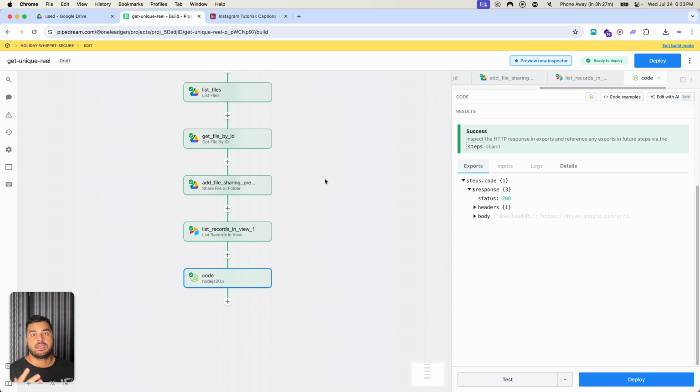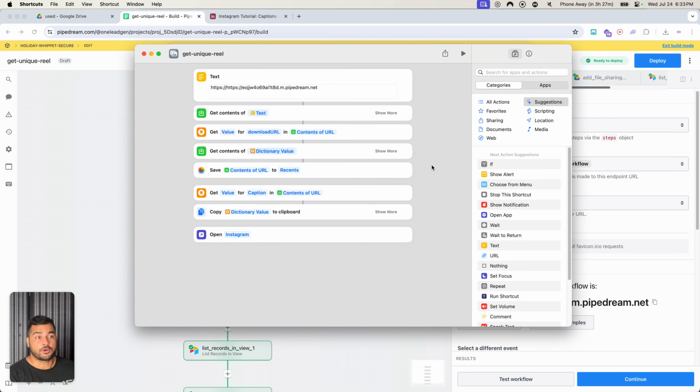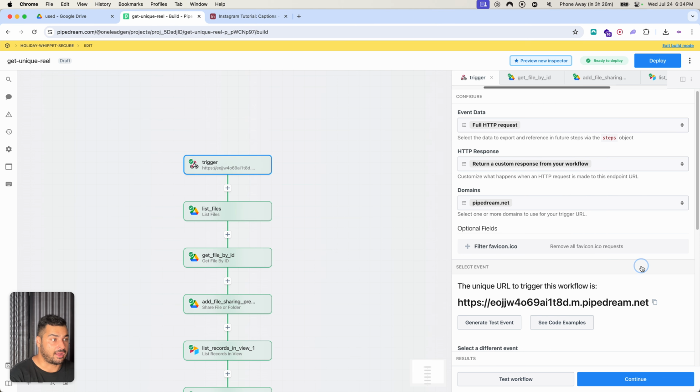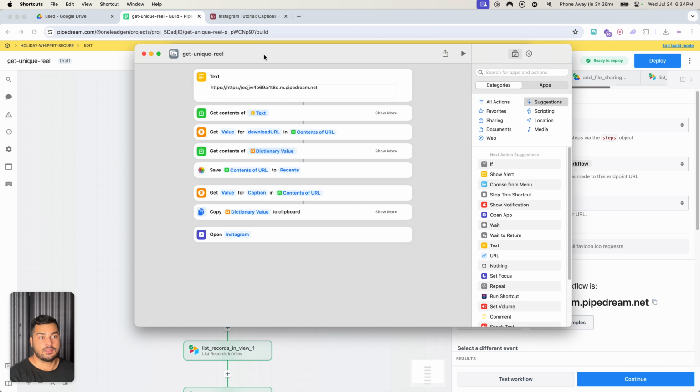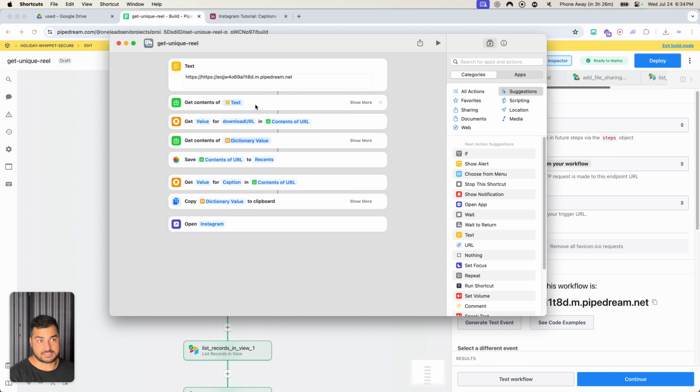Now, the thing is, I can't show it to you on my phone because that's my camera. So I'm going to show it to you first on my computer so you can see how the structure works. And then at the very end, I'm going to show it to you on my phone so you can see how it works in principle, in action. Okay, so the first thing that we see is we have to give it the actual link to our automation to do the webhook. And you can get that link here, and then you'll just paste it right here. So it gets the contents of the text, which is that link,